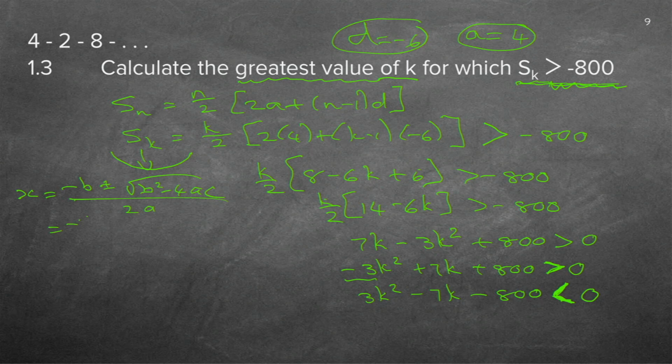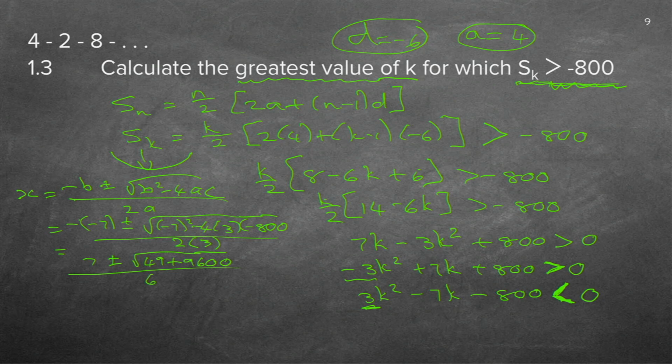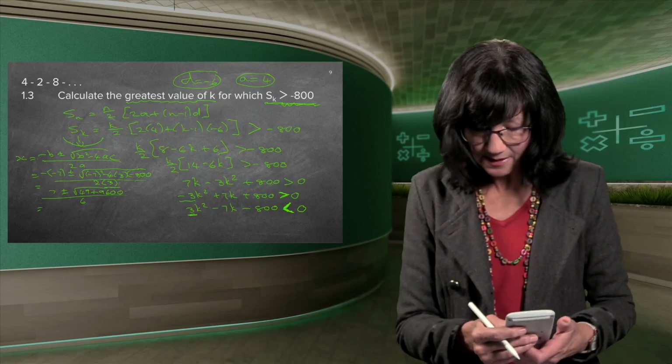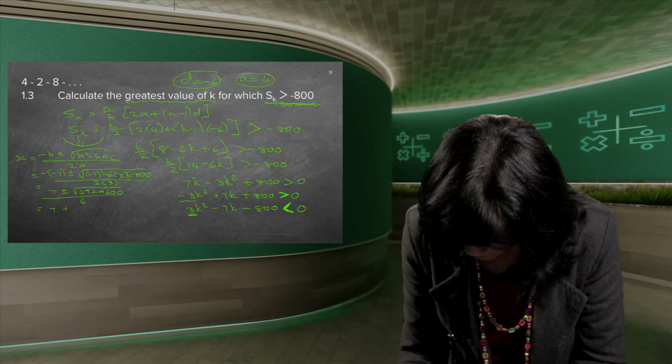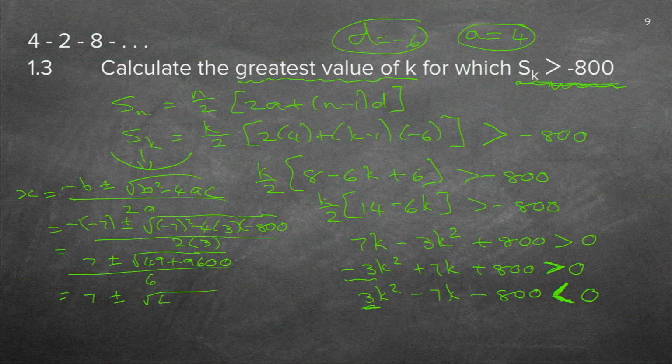So I'm going to do the substitution. B is minus 7, so minus b is 7, plus or minus the square root of 7 squared minus 4 times a, which was 3, and c was minus 800. And that gives over, oopsie, I nearly forgot that, 2 times 3. So it's 7 plus or minus, you can actually do all of this on your calculator, 49 plus 12 times 800 is 9600, over 6. Good, I need my calculator now. In any case, maybe it's just easier if I do it shorter. If you're not sure, rather do the whole thing on your calculator.